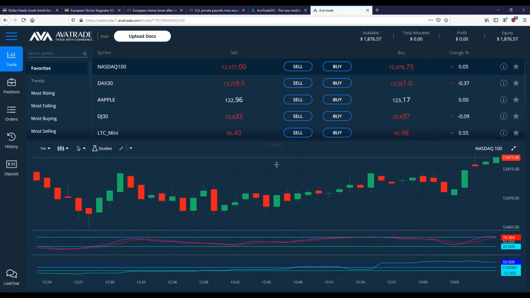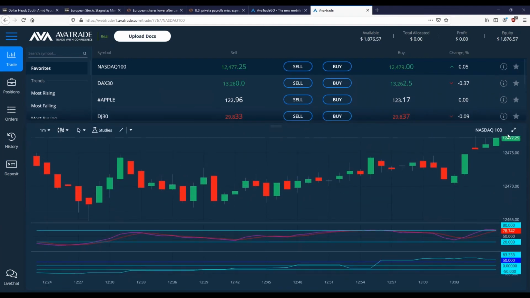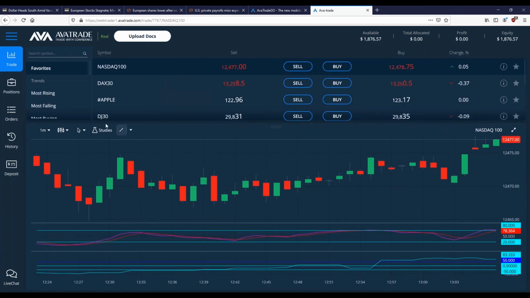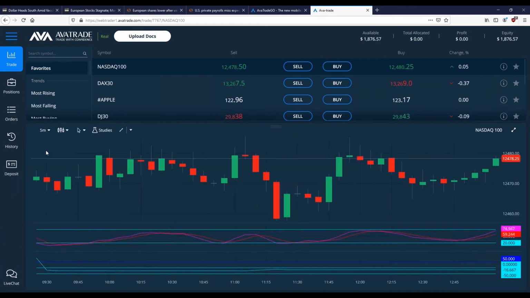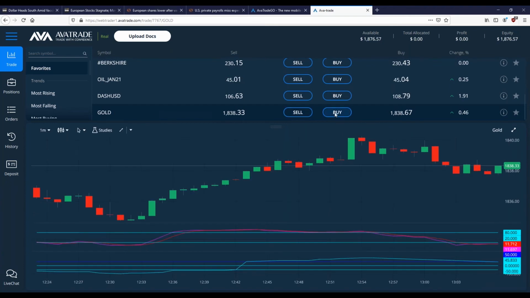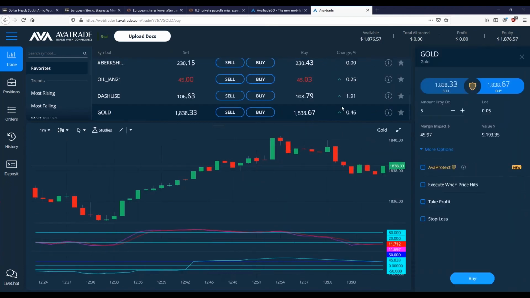Now, the chart we can manage, we can slide or we can expand for full screen mode. There are indicators, just like in the MT4, lots of indicators and such you can add. You can switch which candlesticks you're looking at, etc. Very similar to what you're probably used to. Now, what I wanted to show you is if we're trading on gold or FX pairings or silver, let's say I decide I want to buy on gold, and you see the gold shield here, and it's a gold shield even if you're not trading on gold.